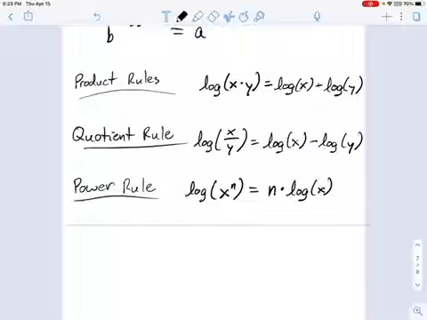Now, we went over the derivation of these in class. We're not going to go over those now. It takes a little while to work through. But you can use these anytime you see a logarithm with some kind of a fraction in it or a product of things. You can expand those out into something bigger that has simpler arguments. Or, going the other way, you could take something that's maybe a couple of logarithms added together and condense it into one logarithm with a more complicated argument. And there's reasons why you might want to do both. Usually it has to do with equations. But those are all your major properties of logarithms.